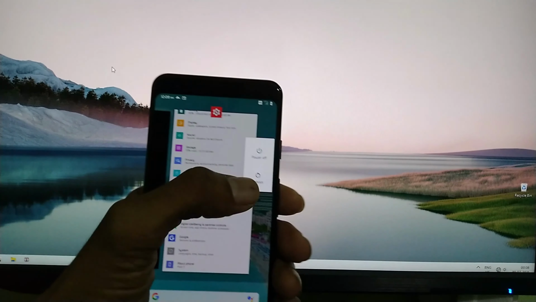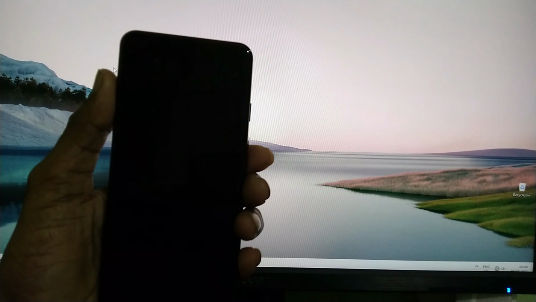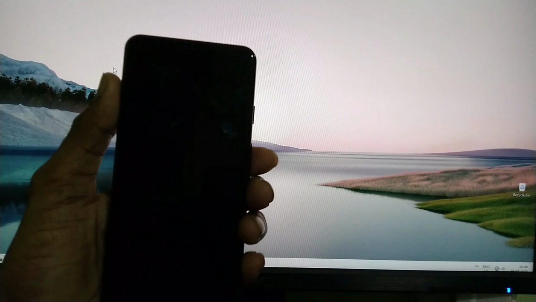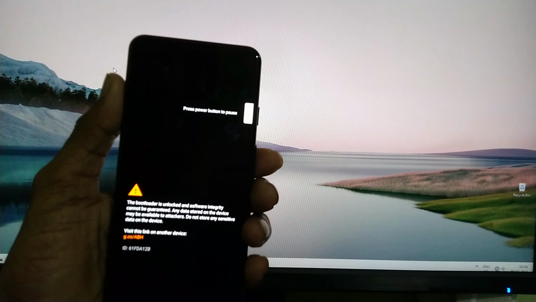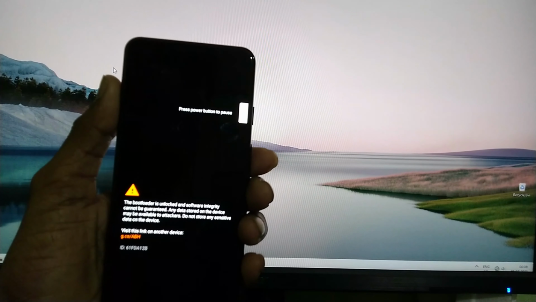I will restart my device, and now the device is about to boot. Friends, if you have unlocked the bootloader on your Pixel 3 device, you can easily install this custom OS on your Pixel devices.